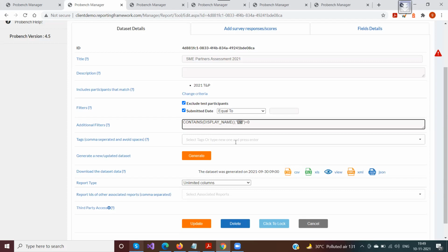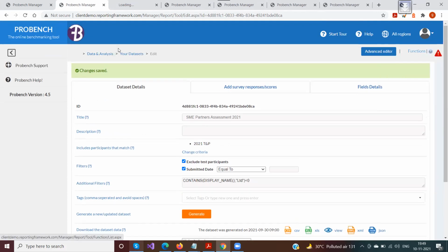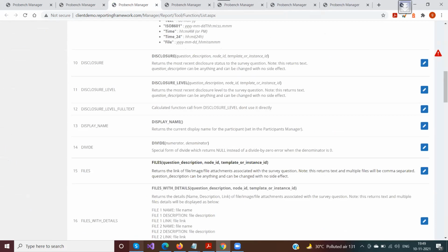Similarly, you can write multiple formulas, and these functions that I've mentioned here are there at the top. If you select this, these are a few of the functions that can be used in the filter. So mostly it's display name and things that are related to participants or companies.